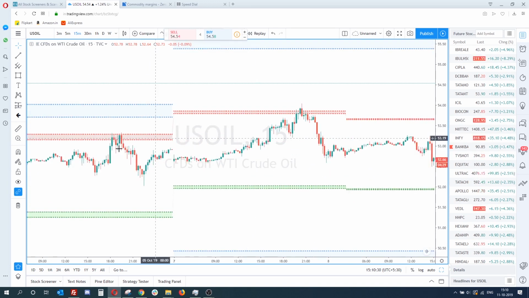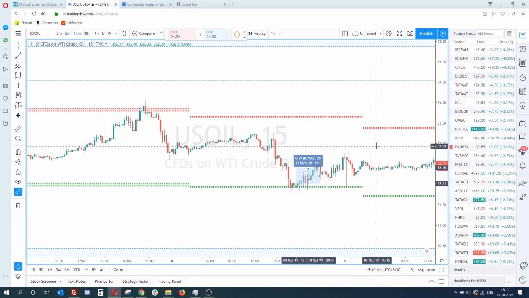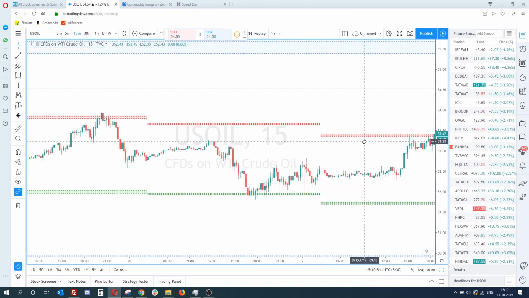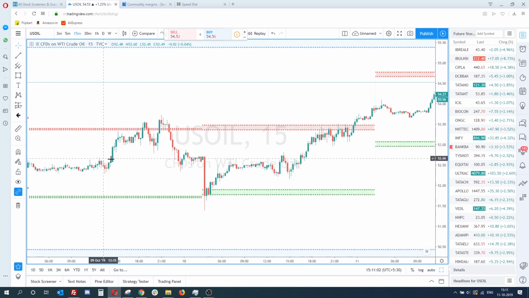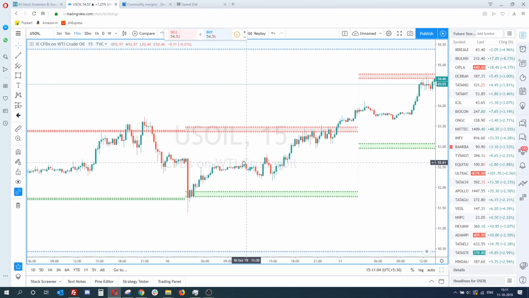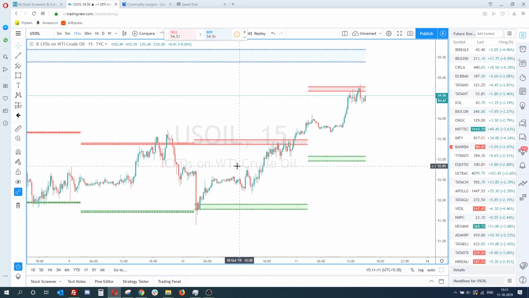It's very easy, I'm telling you. Once you start earning in crude oil, you will get addicted to it. I was trading it daily back then when I was developing this indicator. The development of this indicator cost me a lot, so I had to earn money from crude oil and invest it in the indicator. After that, I didn't get much time to trade. But I'm trying to get back to crude oil because there is a lot of money to be made in crude oil. That is all you need to know about crude oil, I guess.